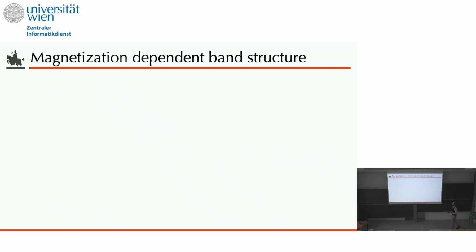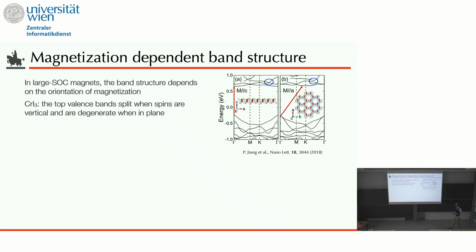And to do that, an interesting effect that we could exploit is the fact that in many materials, of course, if you have large spin-orbit coupling, the band structure will depend a lot on the orientation of magnetization. So for instance, in chromium triiodide, it was shown a few years back that there is a big change in the band structure when you go from the spin out of plane to the spin in plane. We were not interested in this. That was the main